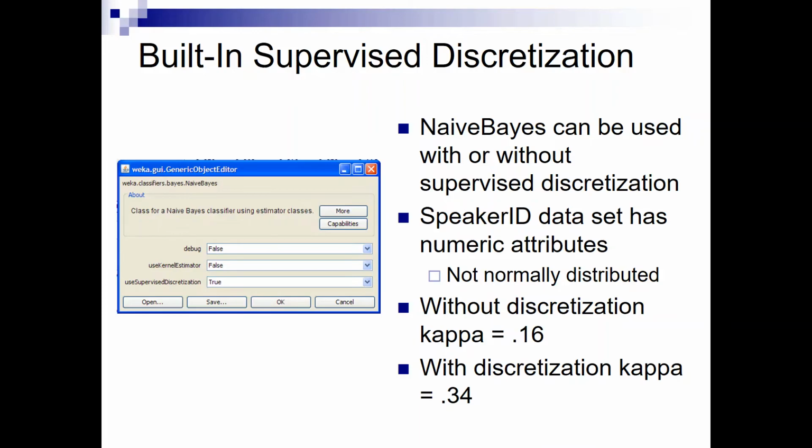So earlier in the semester, we talked about using that normal distribution to compute conditional probabilities from numeric attributes, and we introduced the speaker ID data set, and we said that using regular naive Bayes was bad for performance because it made this assumption of normality which was violated in that data set. So at that time, we introduced one possible fix for that. But here, a fix would be to use supervised discretization. And there you can see we also get a substantial improvement in accuracy when we do that.